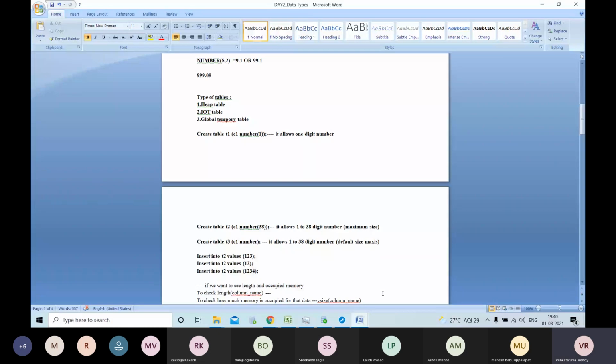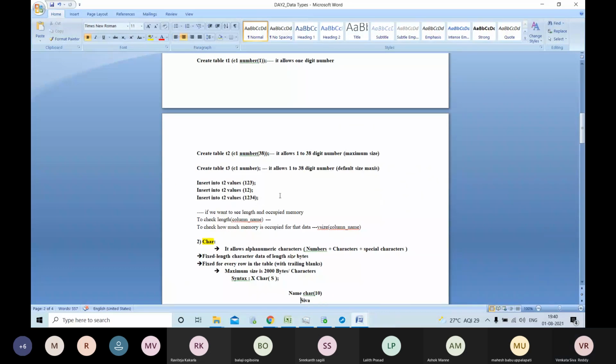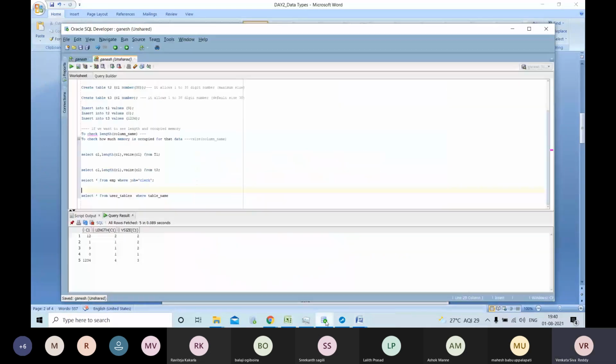Okay, so you saw the number data type. So create with the int and the float. What is happening, we will see. So I'm going to see the things in user_tables.